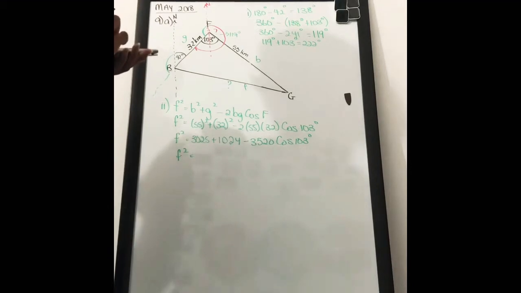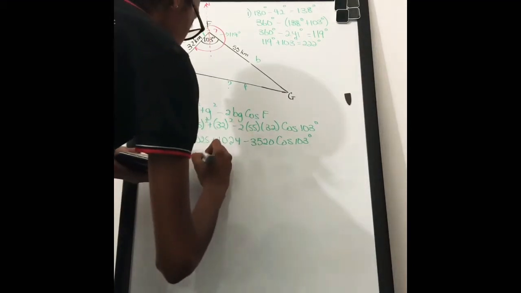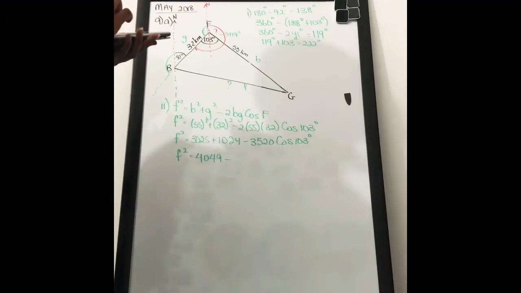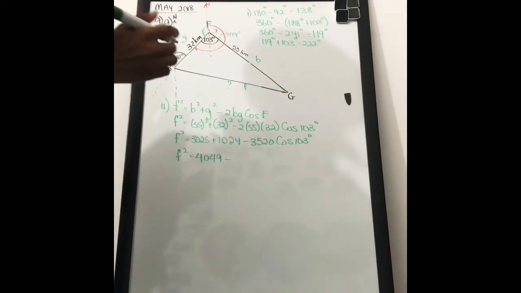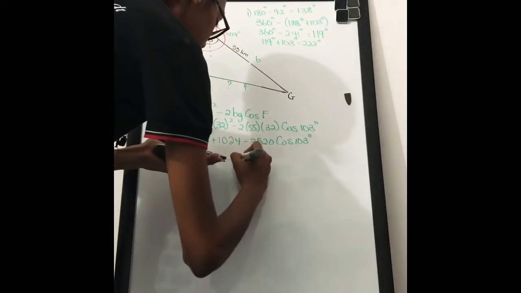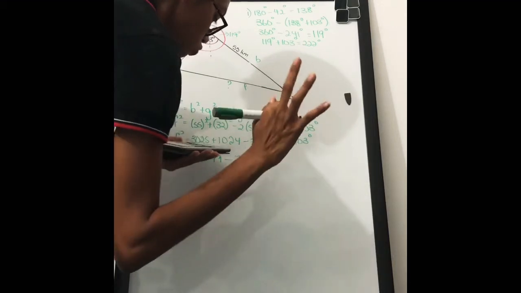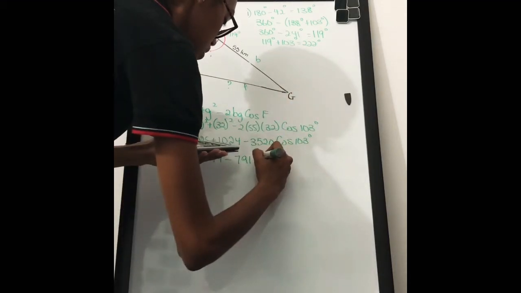Right, next line we have 3025 plus 1024, we get 4049. Now put this in a calculator, right? The entire thing, 3520 cos 103. Okay, so we get 791.8. Let's round to 3 decimal places, right? So we'll say 791.828,